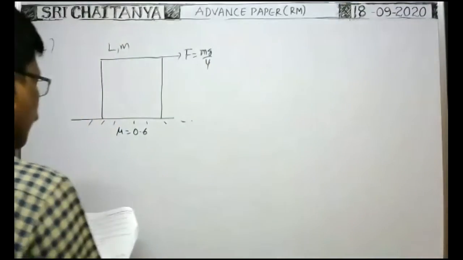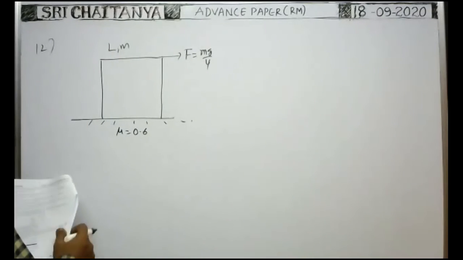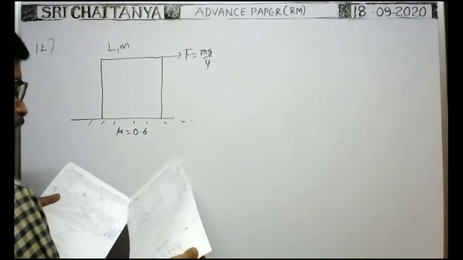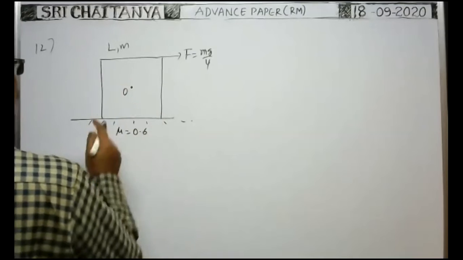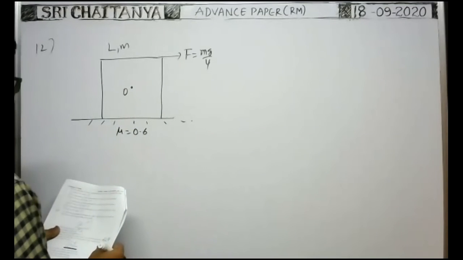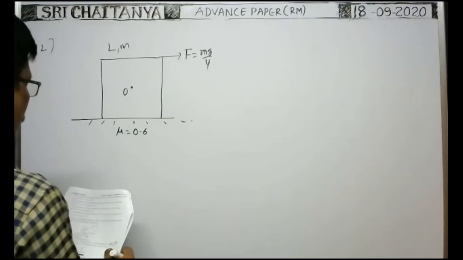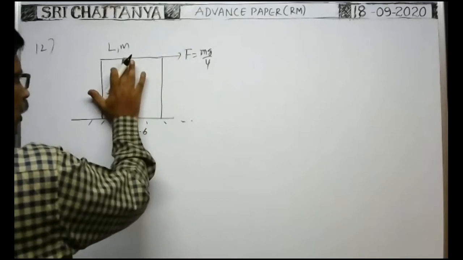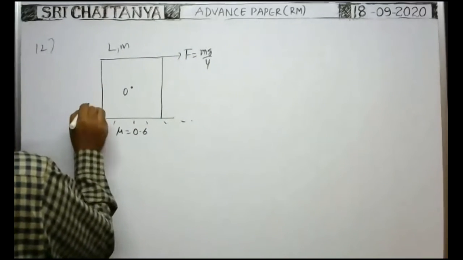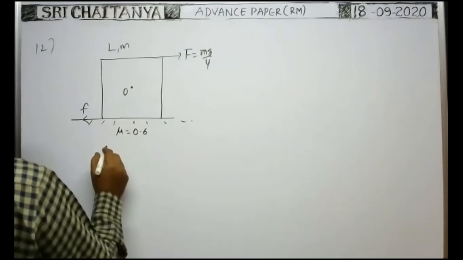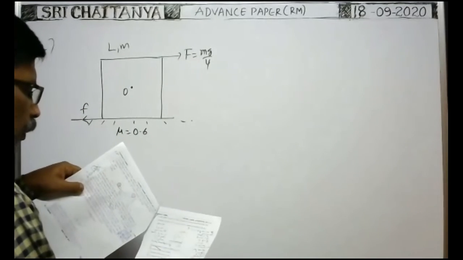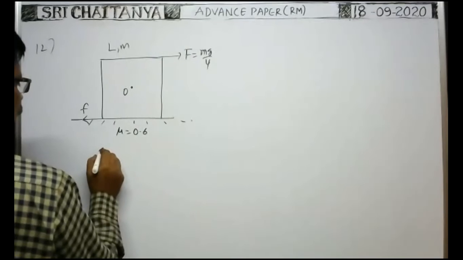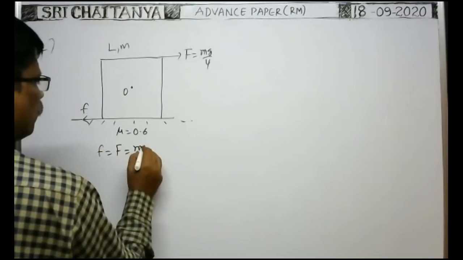You see, because it develops the subject a lot, that's why I'm telling this one. Here, the center of the cube is say O. About the center of the cube, the magnitude of torque experienced by the cube due to frictional force, they asked. Whenever the force is applied in this direction, the cube tries to move in this direction, so friction acts in the opposite direction, but it is under static equilibrium. That's why in the problem it is given that the cube is under static equilibrium. Under static equilibrium, net force is 0 along the horizontal direction. That's why friction F is equal to capital F, that is equal to mg/4.